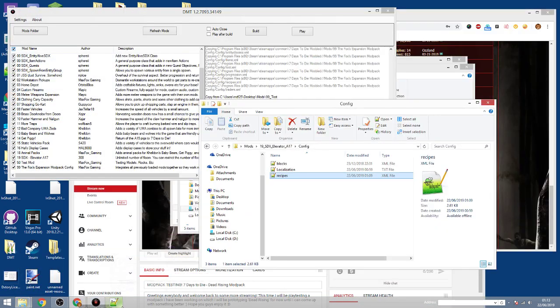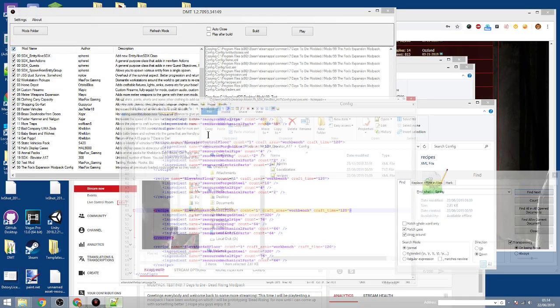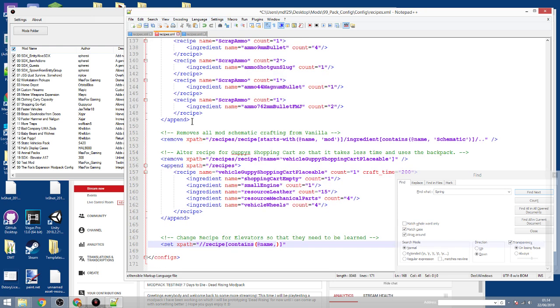Okay, so back to Notepad. No, back to Notepad, this one. And then we're going to come back here. Contains name of this, and then tags, and then add a learnable tag. Okay, so that's going to change the recipes later so they need to be learned. There you go. So now they will have the tag learnable. So then we're going to go to,